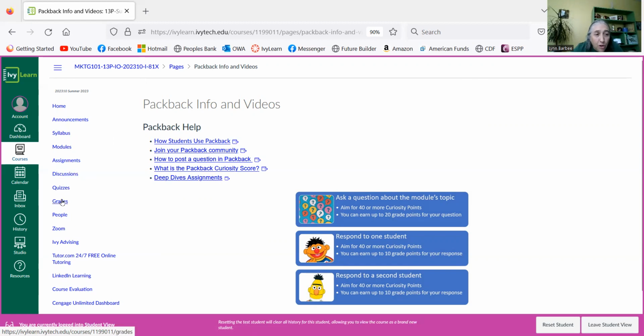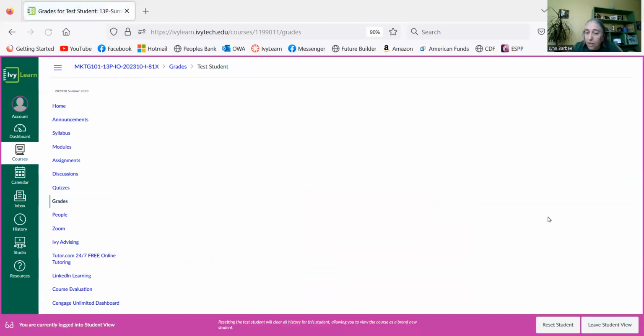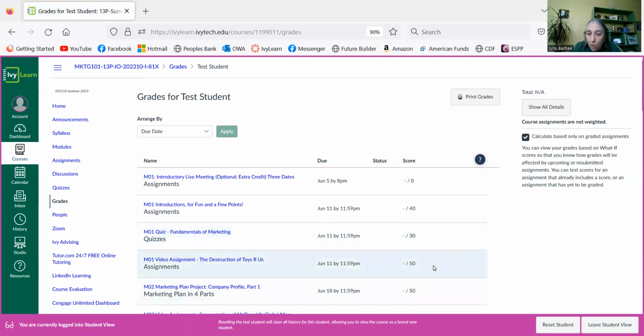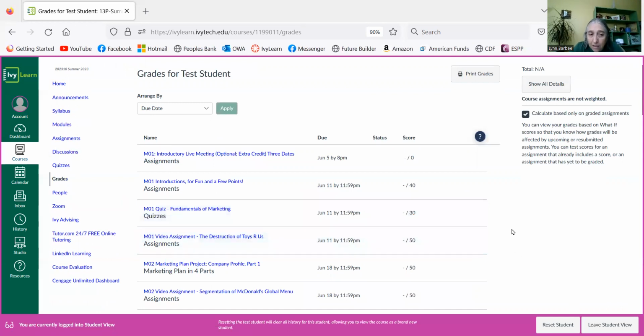What else? You do have grades. You can go to grades. By the way, if I make a comment on one of your assignments, you will see a little grade here, and it will tell you that you have one assignment graded. And if you click on that little bubble or click here, it takes you to this tab here. If I made a comment, it will show up right here. You could click on it because I will make a comment on your writing assignments, not on the quizzes or anything like that, but always read your comments, okay? And then you can reply to those comments right there in the assignment. I am trying to think if there's anything else you need here.